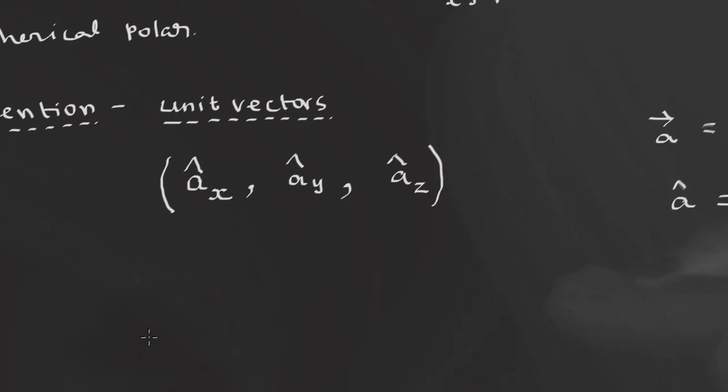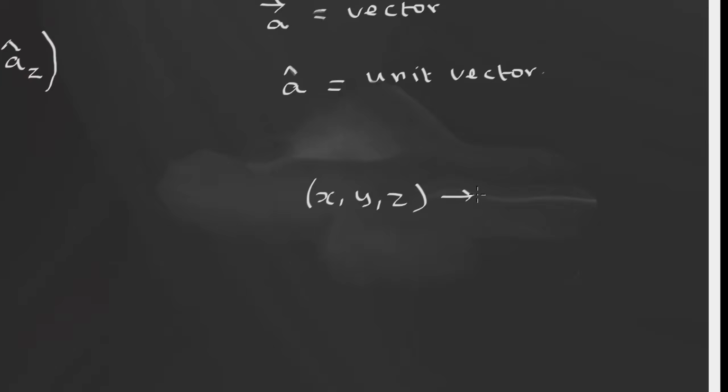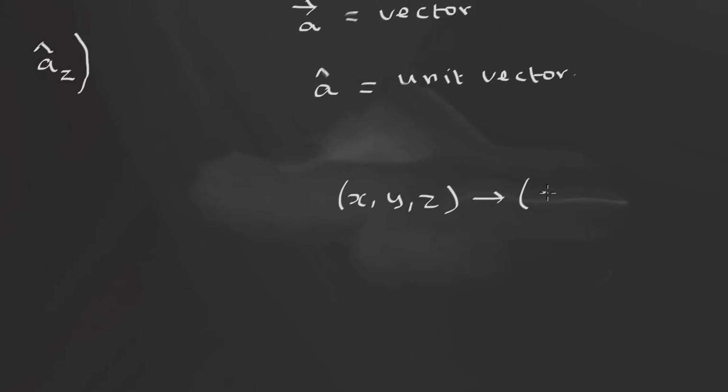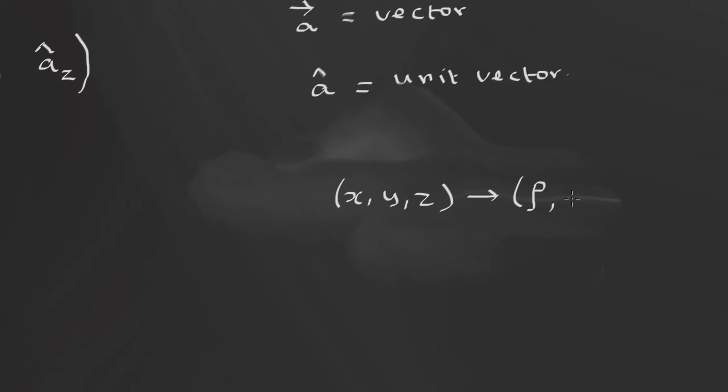Now what will you do for the case of cylindrical polar? So in the case of cylindrical polar, we will be writing like this. Any point x, y, z will be represented by the distance, radial distance. So we will use a symbol rho. R can be used, but for the spherical polar system R is used. So that is why rho is used for the case of cylindrical polar system. So this is known as the radial distance, rho comma.